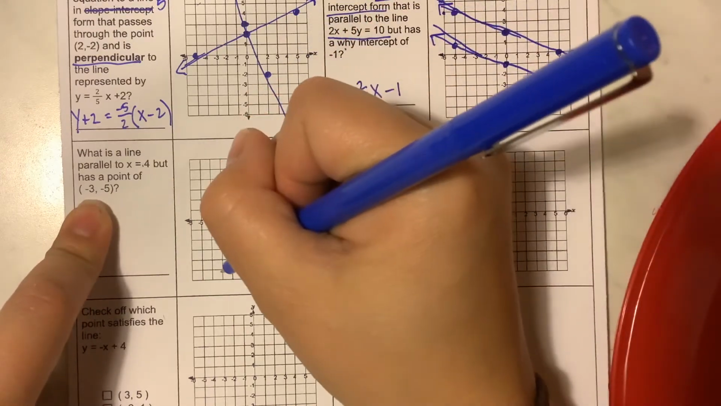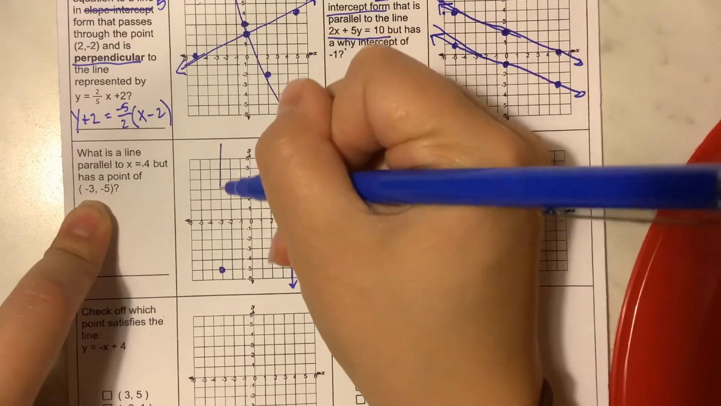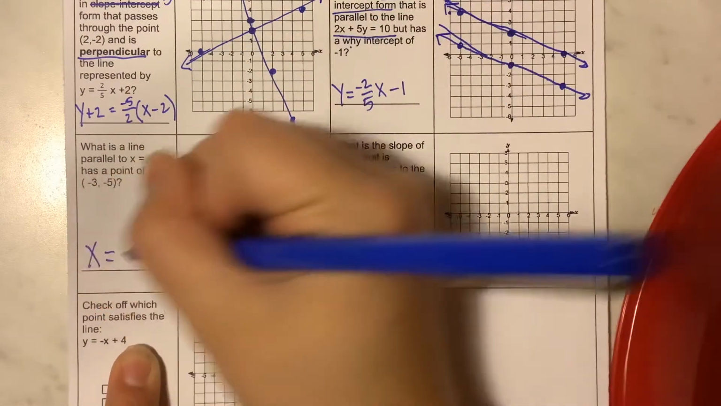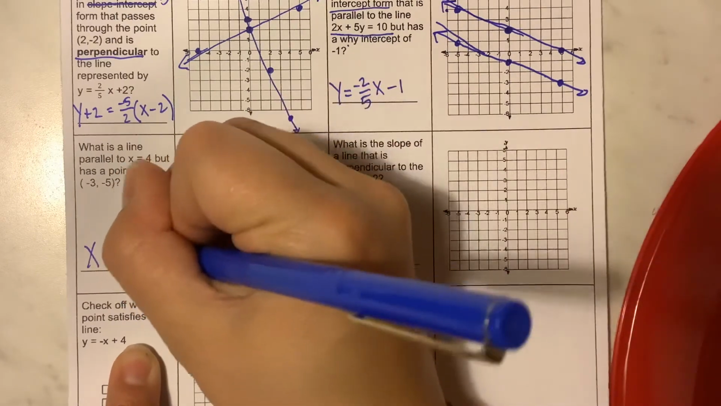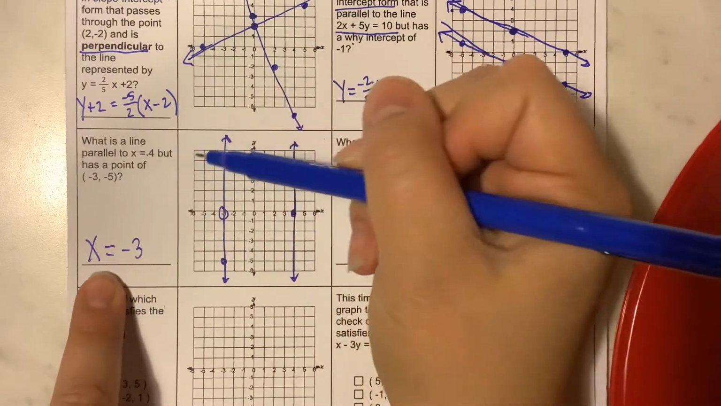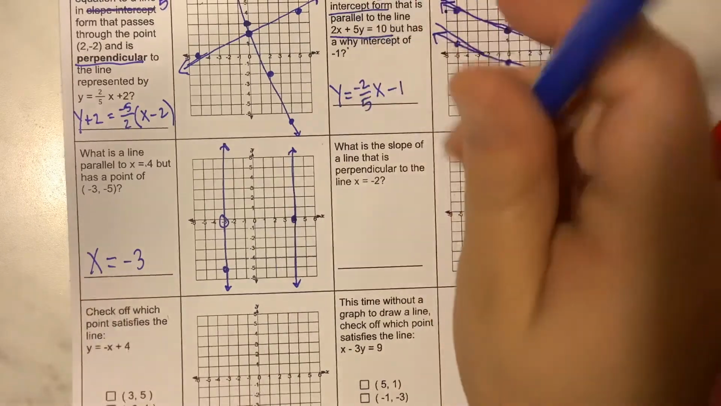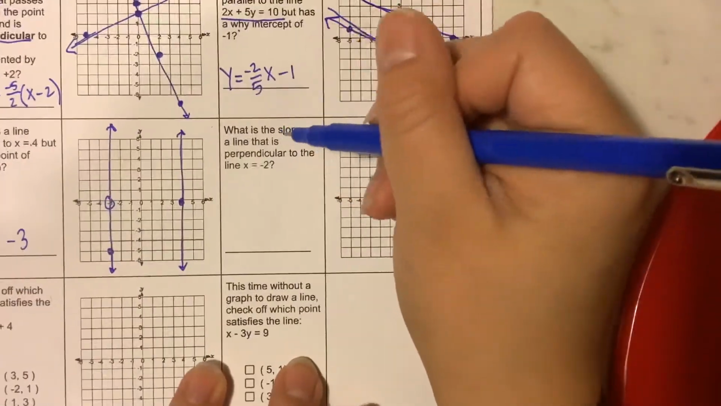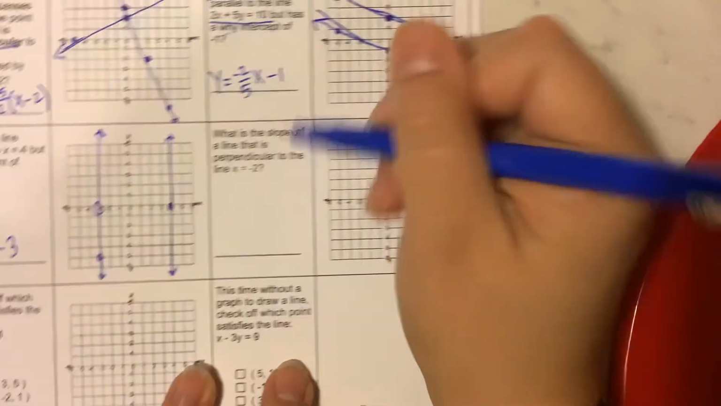So negative 3, negative 5 is here, and I am going to draw a line straight up and down through that. The name of this line is going to be x equals negative 3. Just like this was x equals 4, but now it's x equals negative 3. All right, next one. It says, what is the slope of a line that is perpendicular to x equals negative